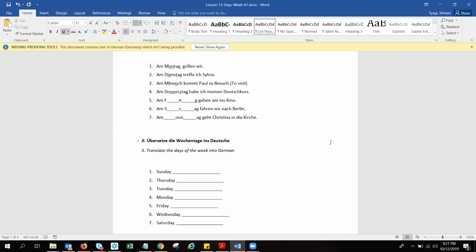One more thing is it's not necessary, if the sentence is starting with the weekday, to start the translation with the weekday in your language. It could be like a normal sentence: I have my German class on Thursday. In English also sometimes we write like this: On Thursday I have my German class. Okay, so next is am Freitag.